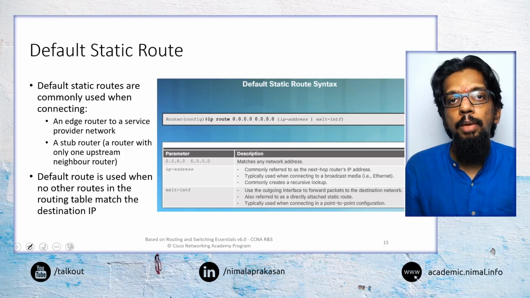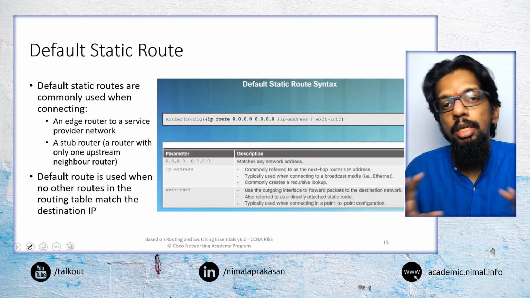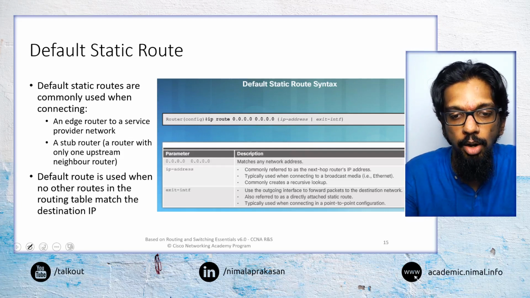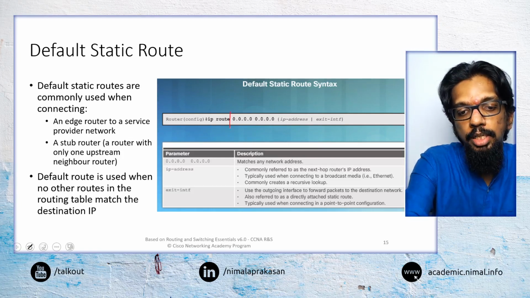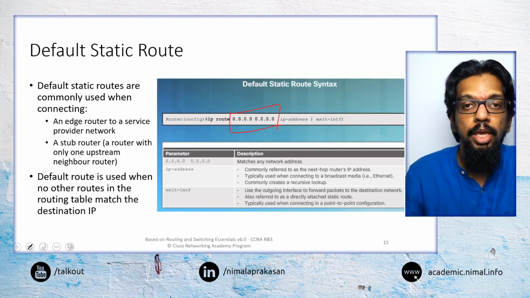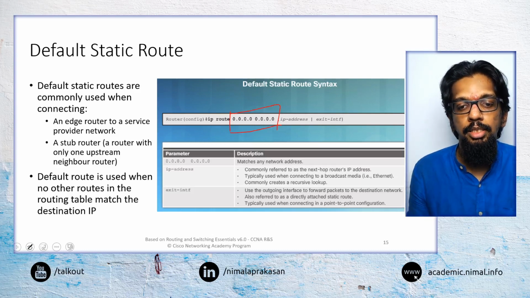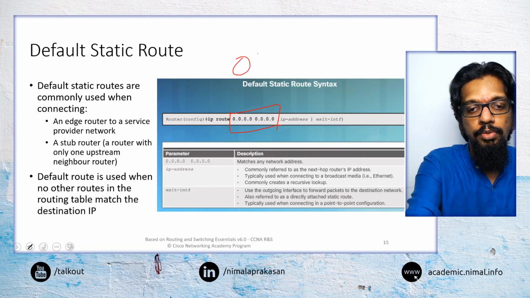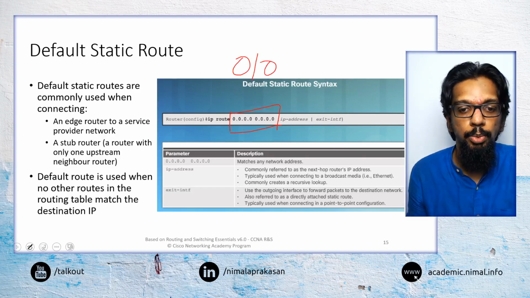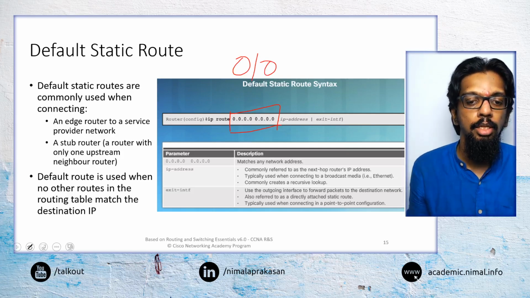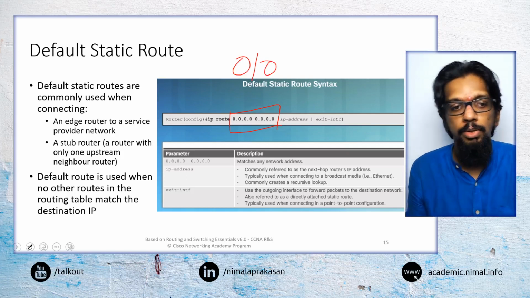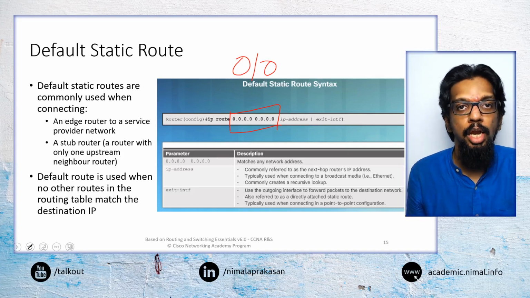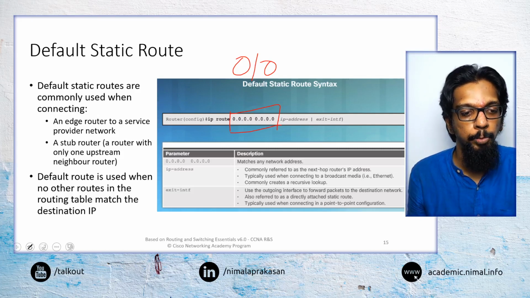Then when we think about configuring a default route, it is not that different from configuring any other static route. The only point that differs is the way that we specify the destination network. Instead of having a specific network address for the destination, we will have the 0/0 network. So that is, we will write 4 zeros and 4 zeros. That is the way that we would specify the default static route in IPv4.